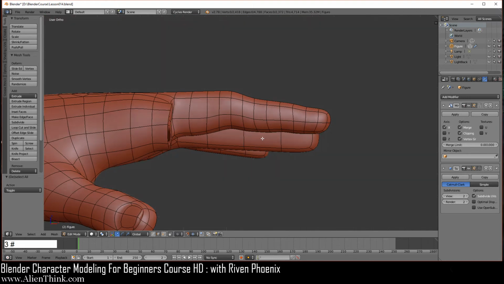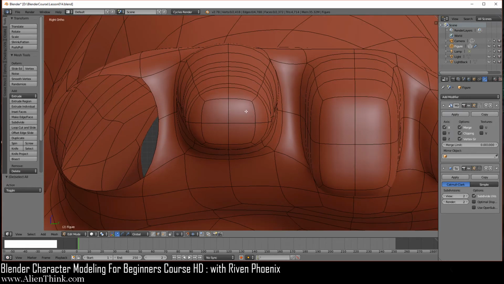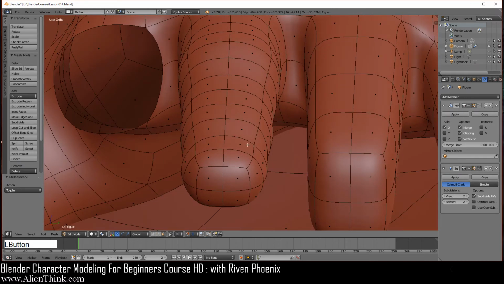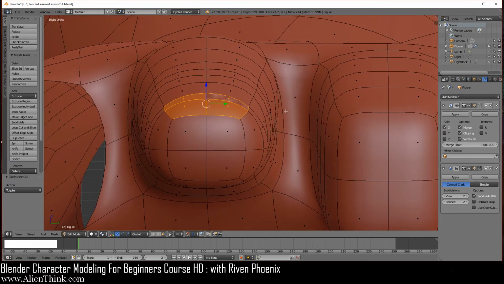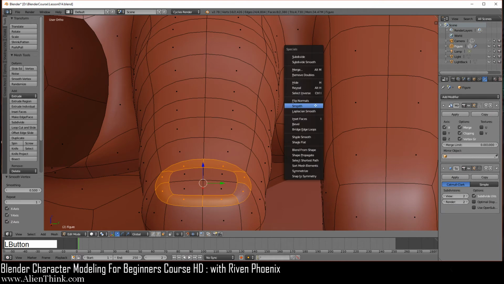So let's go ahead and go to your right view, and now we're going to make the nail. So go ahead and click on these guys, go to your right view over here. Just do E to extrude, right click to get out of it, W and then smooth, and just do Alt and click on this edge loop, that's what it is, W and then smooth.